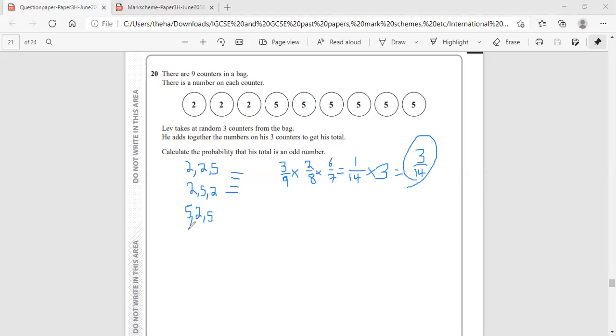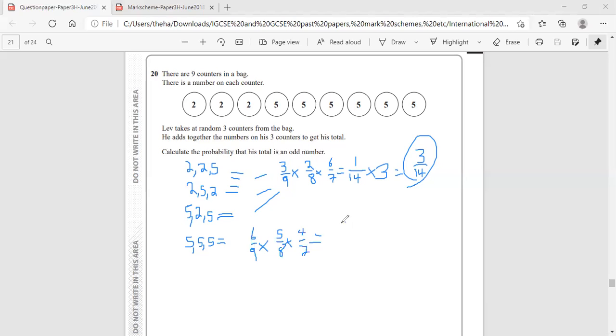Okay, so that's that. But then there's also another way. We can make an even number by going 5 5 5. Okay, so that will give us an even number as well. If you don't know why, just put that into your calculator and you'll clearly see. So that's for these 3, by the way. So now we need to do 5 5 5. So first of all, we've got 6 out of 9. Then we're going to have 5 out of 8. Then we're going to have 4 out of 7. Add those together, and that will simply give you, okay, 6/9 times 5/8 times 4/7, which will give you